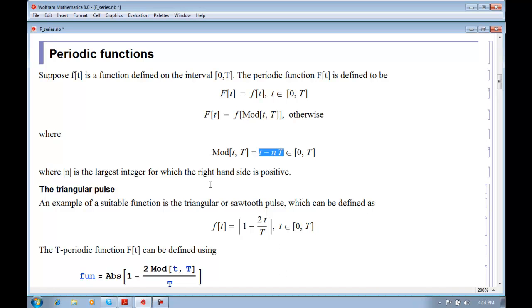So let's look at that. An example of a suitable function is the triangular or sawtooth pulse, which can be defined using that. So f of t is the absolute value of 1 minus 2t over T. When t is 0, it's equal to 1, and when t is capital T, it's equal to minus 1. So we can define the periodic function using this,